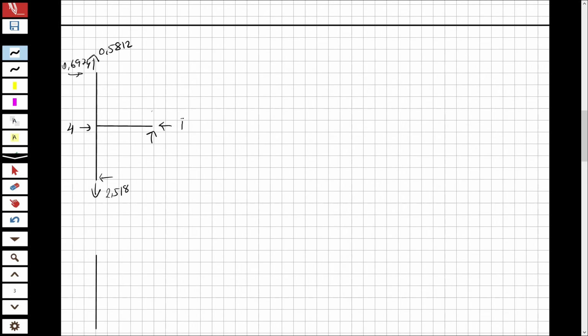This is going to be point PX, this is going to be PY, and RX. So the total FY is equal to 0: 0.5812 plus PY minus 2.518 equals 0, and PY will be equal to